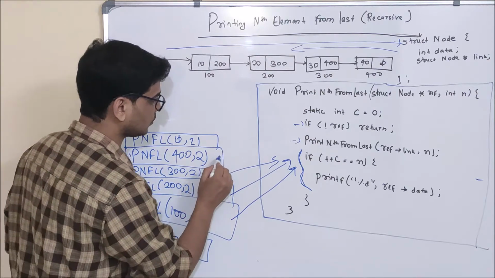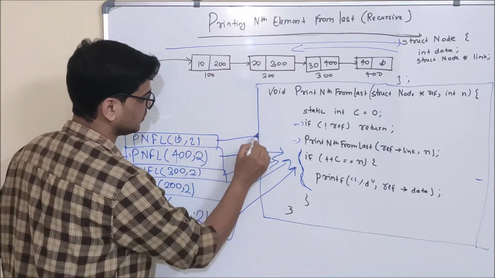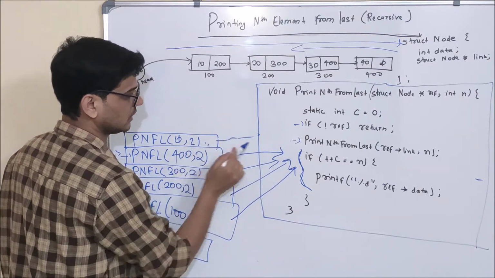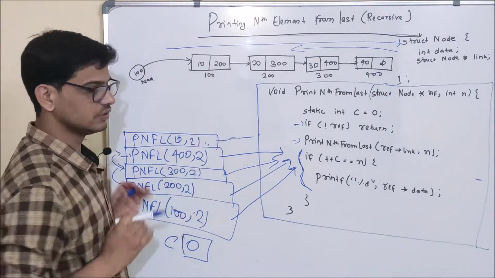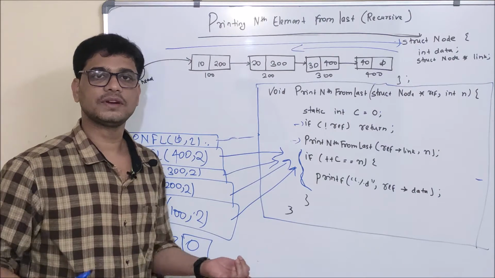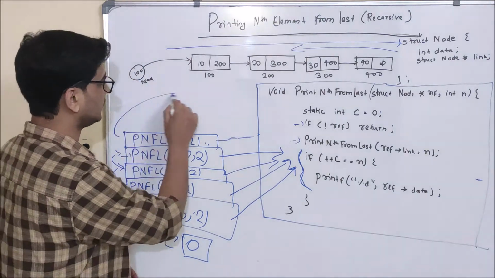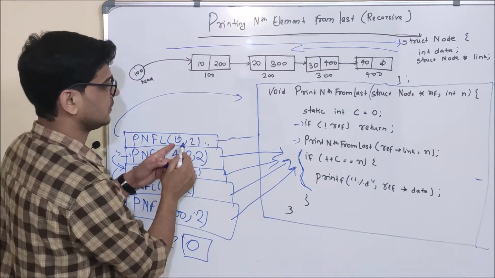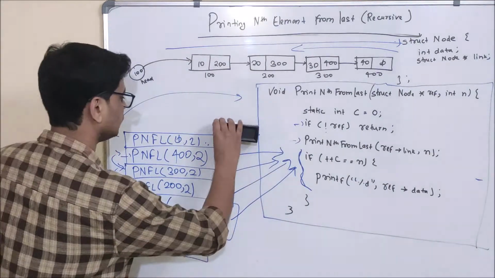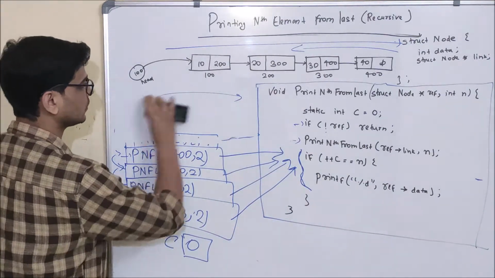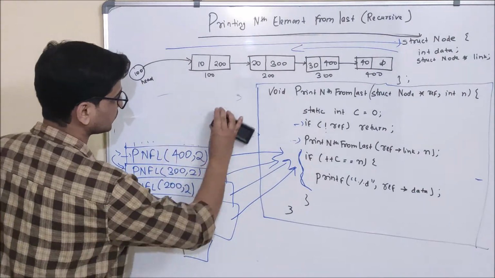And for this particular function also, when this one will be called, these two lines will go on hold till the time this has not executed. So what will happen after that? This will go for its own execution. As you can see, your reference is null, so this if check will be true, and this particular function will return.